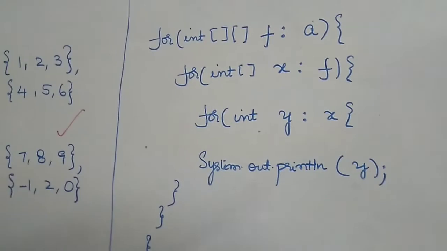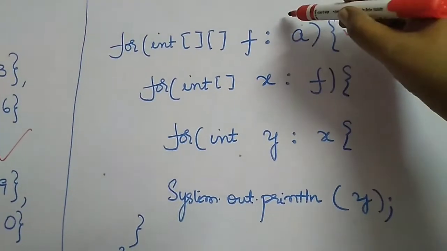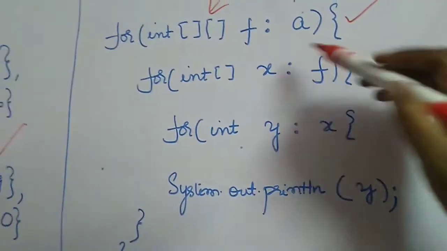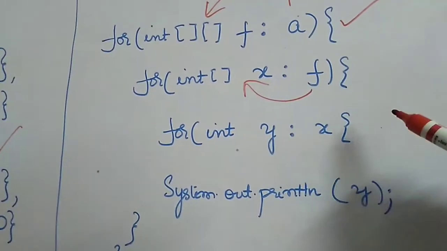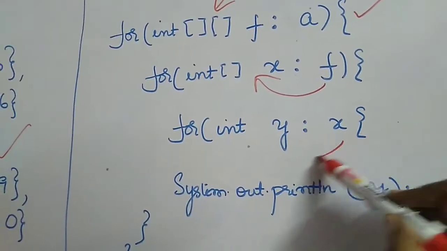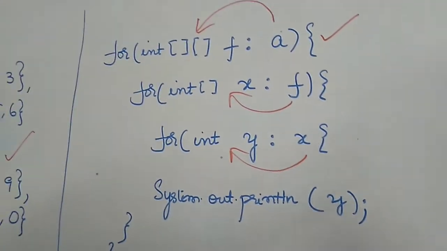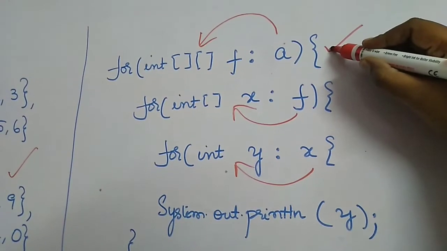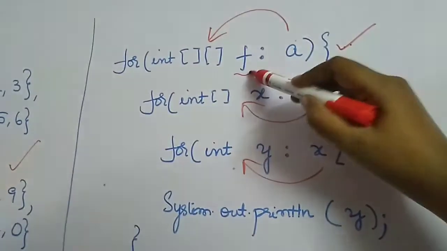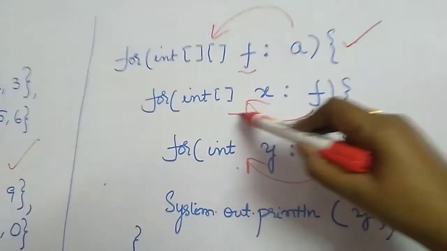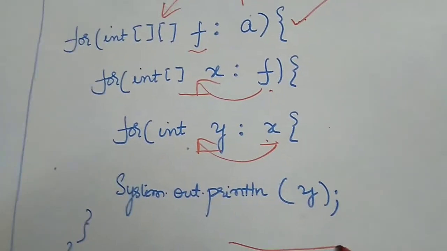Now coming here, I'm having 3 for loops. The outer for loop will be taking the 2-dimension. From the 2-dimension, the 1-dimension is extracted, and from the 1-dimension, the elements are extracted. So this is the procedure of doing it. In the outermost loop, from the 3 dimensions, we are extracting the 2-dimension, from the 2-dimension we are extracting the 1-dimension, and from the 1-dimension we are extracting the elements and printing them on the screen.